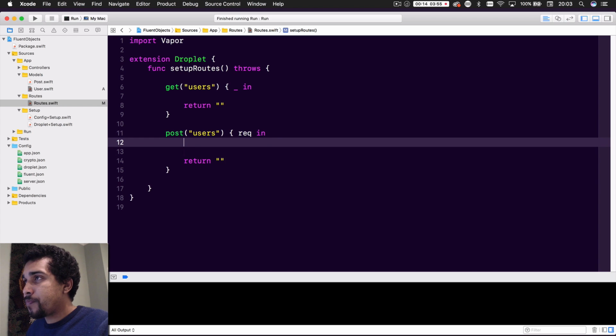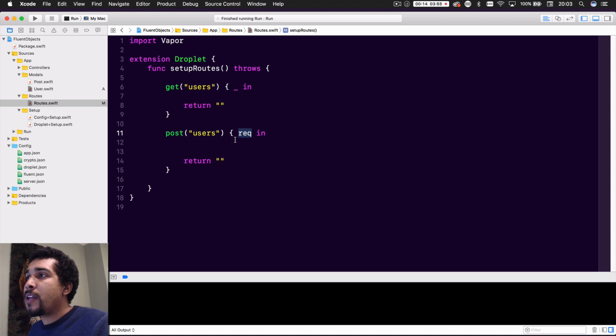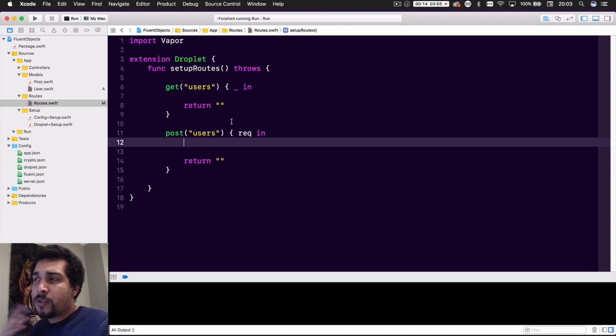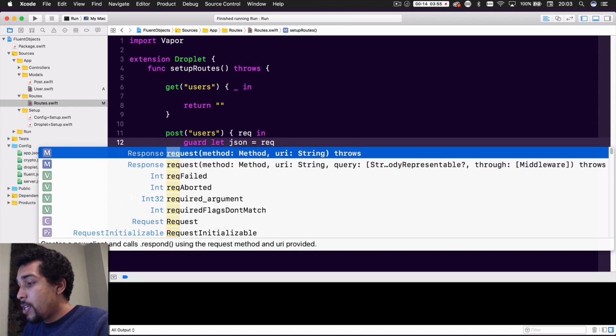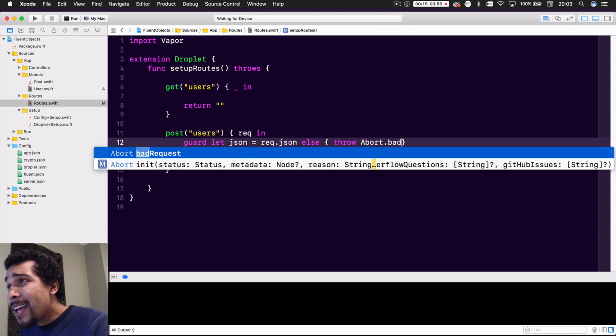So what we want to do is take the request and convert it to JSON because we're planning on passing up JSON. I mean, you could do it with whatever you want, but for this example, we're going to be using JSON. And if you want to know how to handle different requests, you can check out the last video because I talk about that. So we're going to get the JSON from the request, like so. Else, we're going to say that's a bad request,